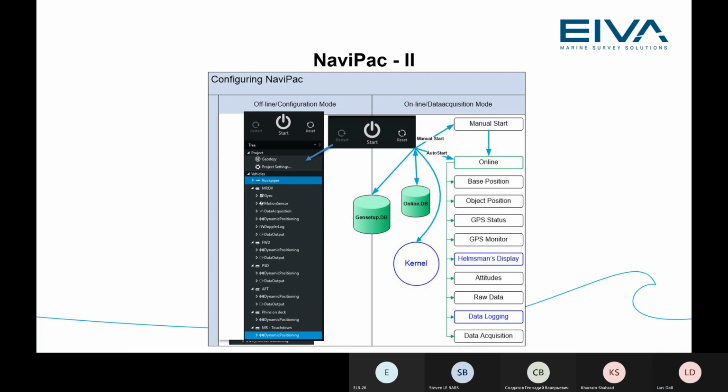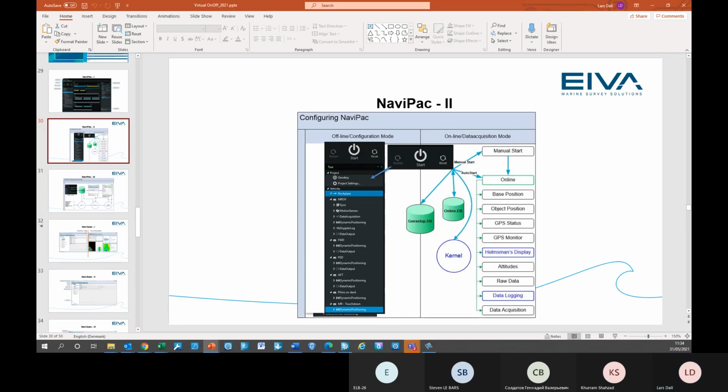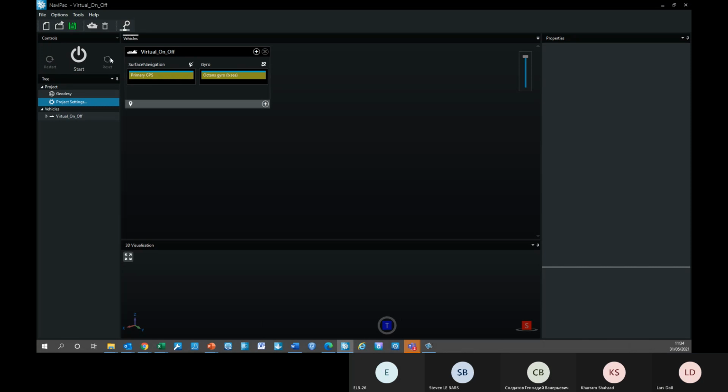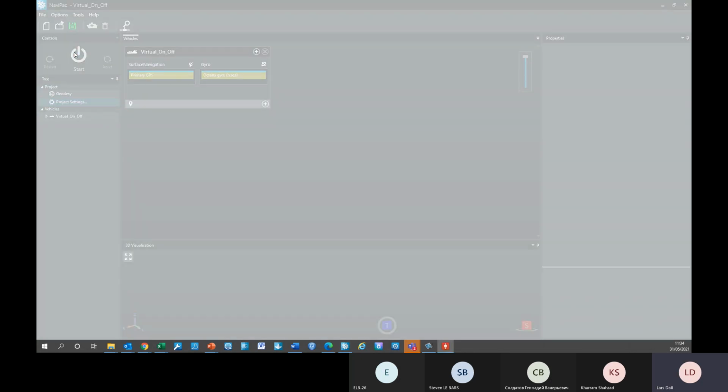You can also, because Navipack will show you whether they are in compliance or not, you can reset here. That means that you force a manual start. And I always do that during mobilization, which is basically what we're doing right now. So I will reset, and then I will press start. This will be a manual start then,